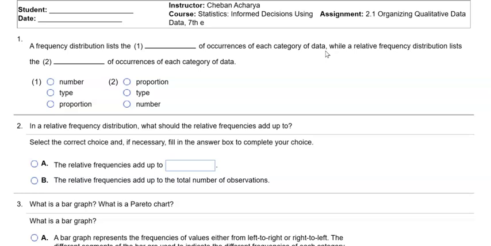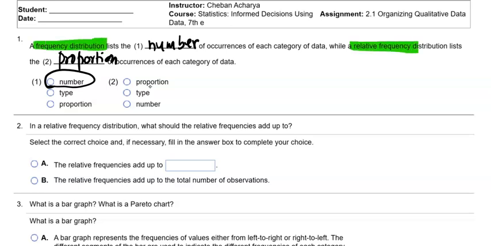Frequency distribution lists the number of occurrence. So I've got to pick the number from the drop-down menu. Here's the answer: number of occurrence of each category of the data, while the relative frequency distribution lists the proportion of the occurrence. So there are two things here. One is the frequency distribution, the other is the relative frequency distribution. Frequency distribution lists how many times that data occurs, the number of occurrence, and relative frequency gives you the proportion